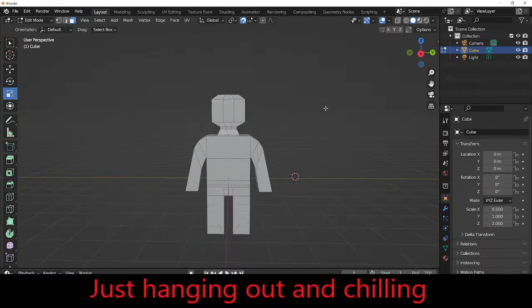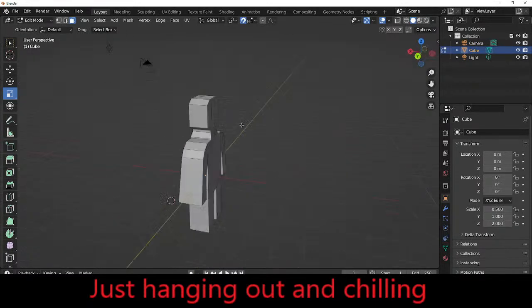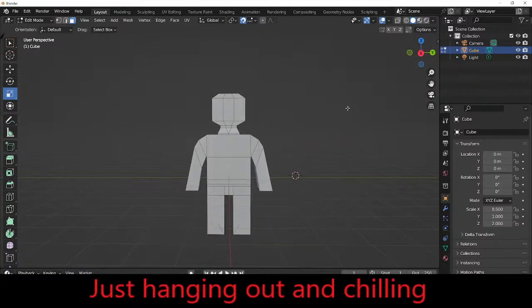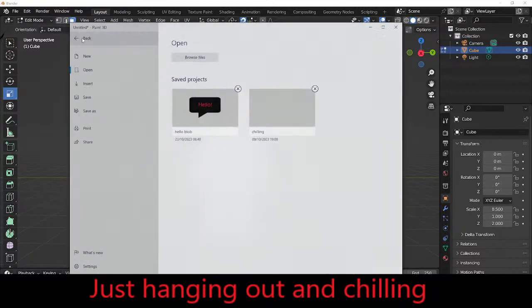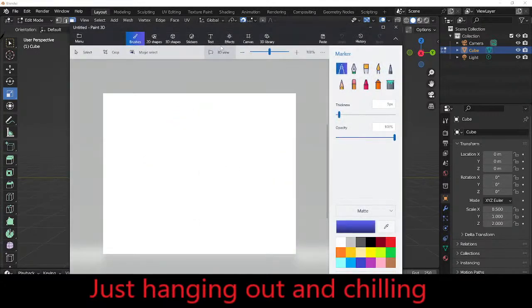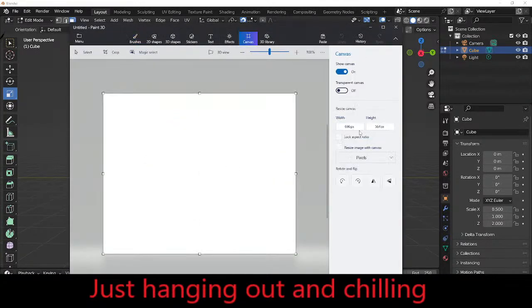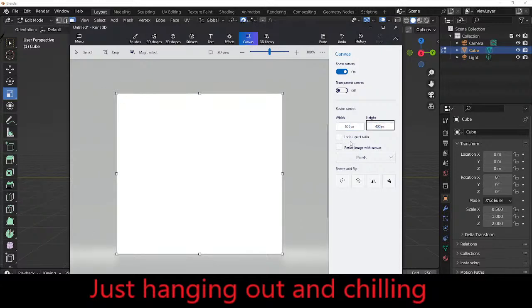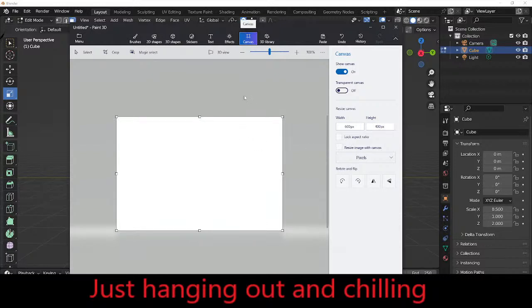Now, that's a character model if I've ever seen one. Right? All right, next we're gonna do some texturing. We're gonna do a canvas size here that is perhaps 600 times 400, and we will keep this open since we will